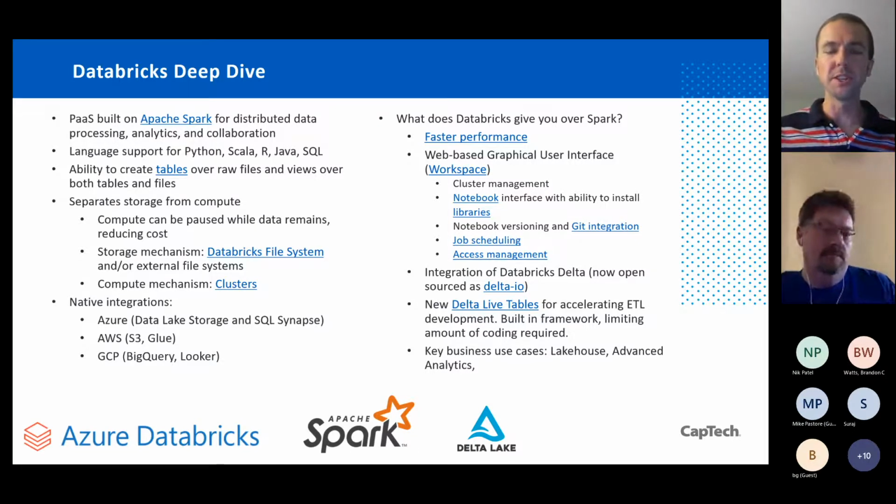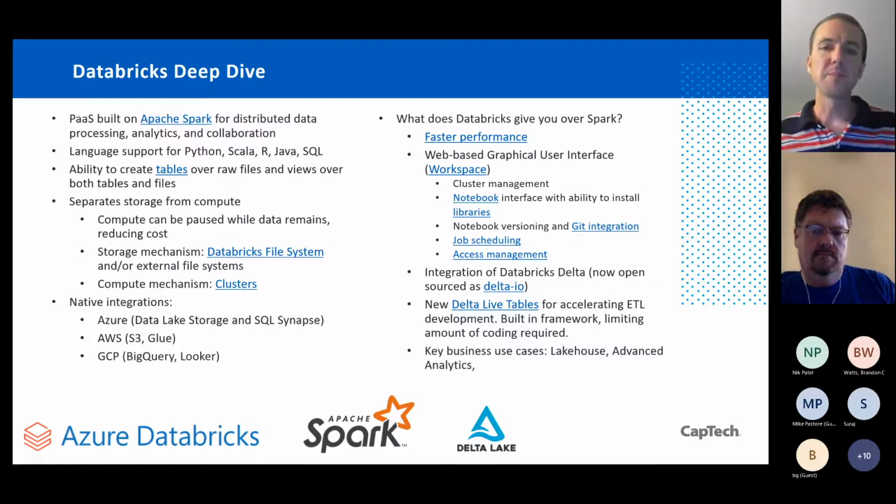But I really like using the Databricks tool because it gives me all that infrastructure service that I don't have to manage. Databricks also recently released something called Delta Live Tables. The link is there. It got released just in late April. I haven't had a chance to use it, though. There's a card on my current project backlog to do a demo with that for them soon. So I'm going to be learning it. You might want to look into that. It's also a way to accelerate ETL development.